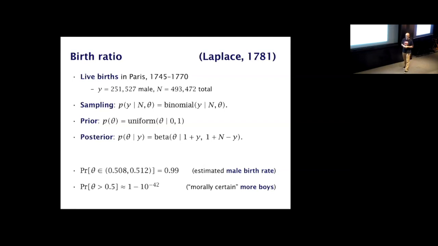Wait, you said total, right? N is total? Oh, sorry. Yeah, N's total. 493,000 total births. So fewer women births. I should have listed the number of women births, but it's smaller than the number of men births. It's about 51%. That's still true today, by the way. So there are more boys early on, but then we die earlier, so the ratio changes as you go